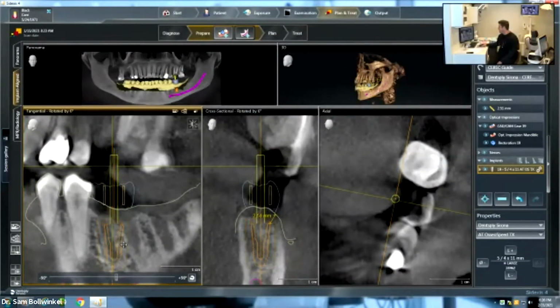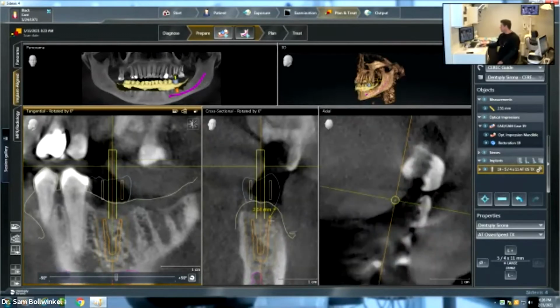So being able to actually manipulate, look at this from a restorative driven concept. We're driving this down. We're putting this down where we want to see 3 to 3.5 millimeters from the head of the implant to where I want my CEJ to rest. That's kind of a happy place in the system. Again, we're going pretty deep into this. What you need to understand is that with this concept, we've got